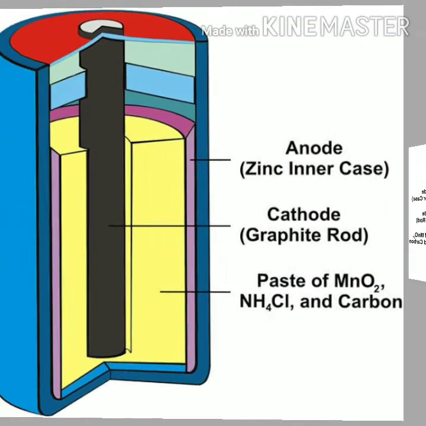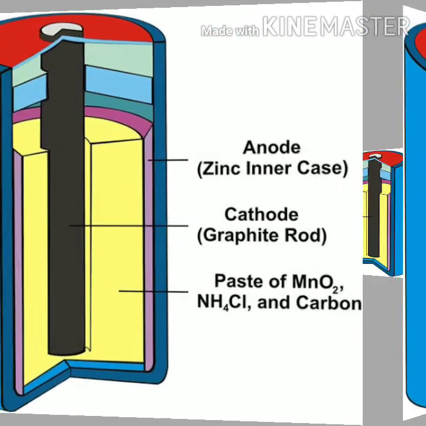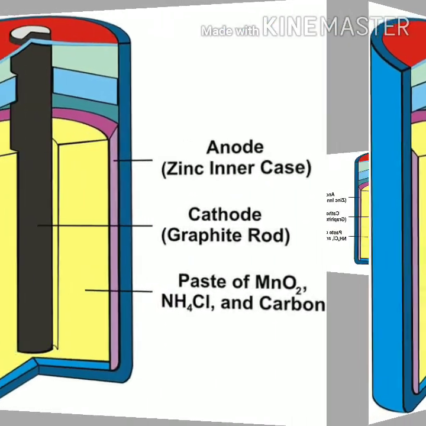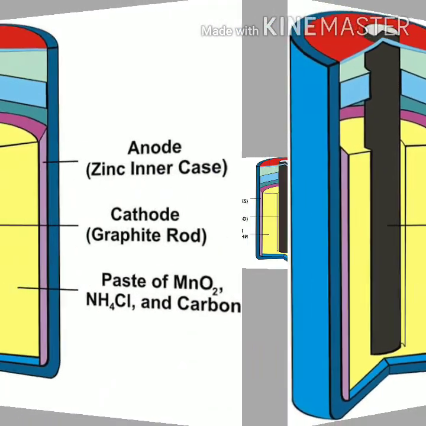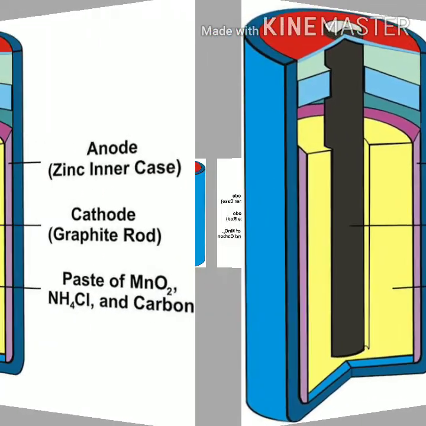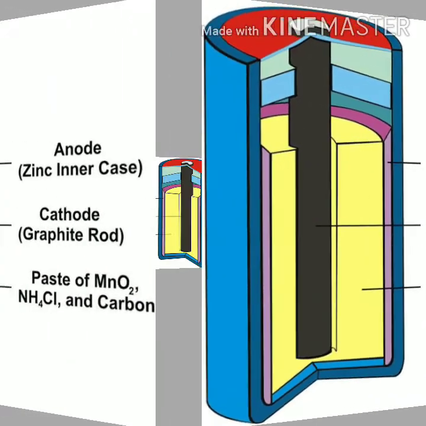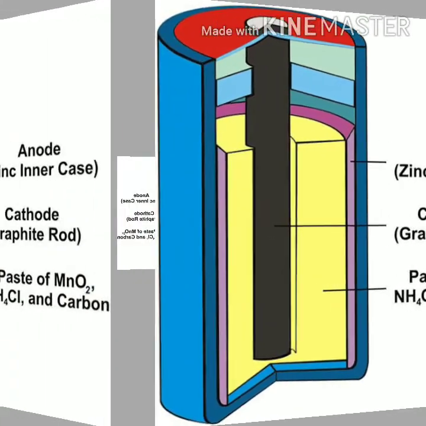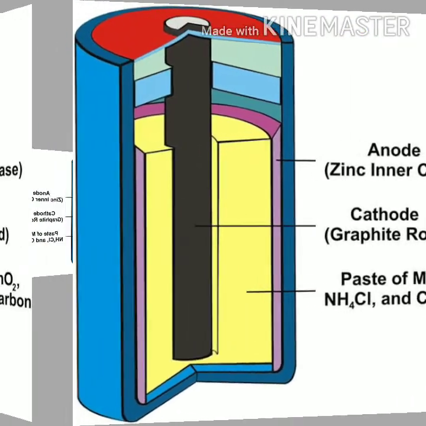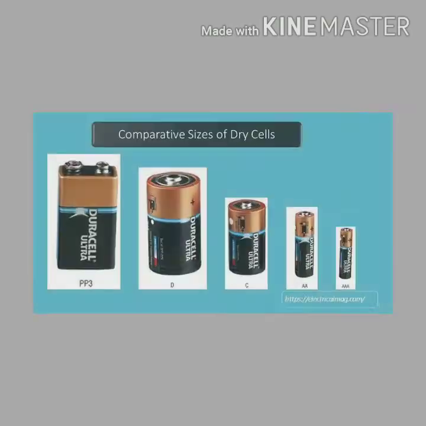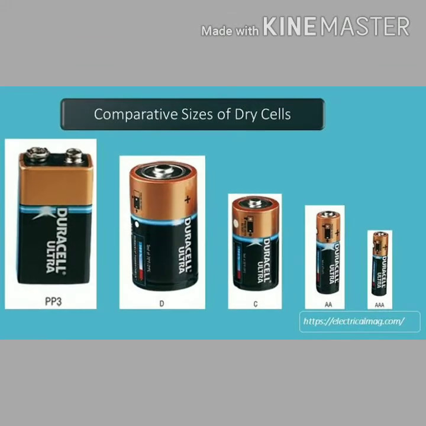Now the question arises, what is an electric cell? An electric cell is a device which converts chemical energy into electrical energy. Each cell has two terminals marked positive and negative. The end where you see a metal cap is the positive terminal and the other end of the cell is the negative terminal. Children, electric cells are of different types. For example, a pencil cell is used in an electric clock, an ordinary cell is used in a toy, and a button cell is used in quartz watches and video games.